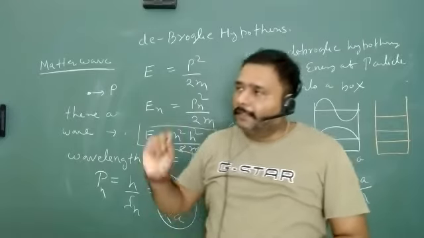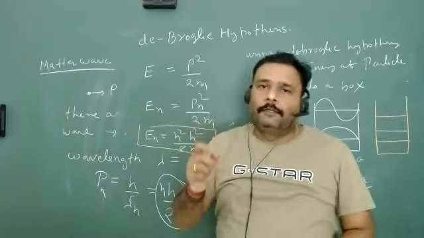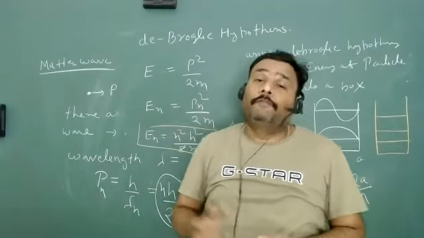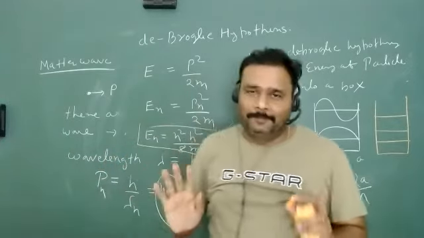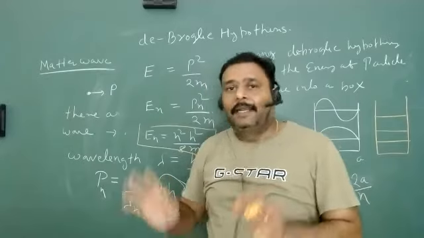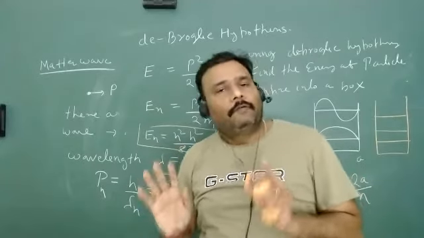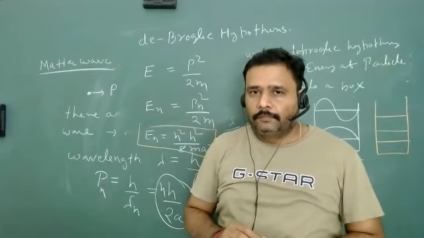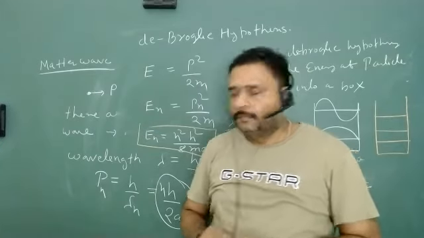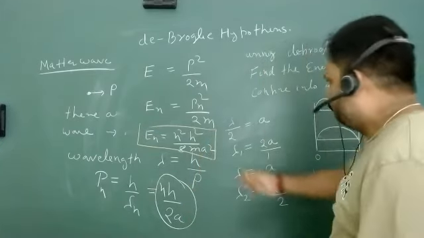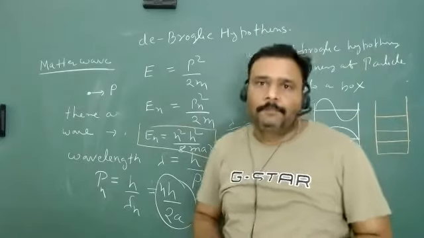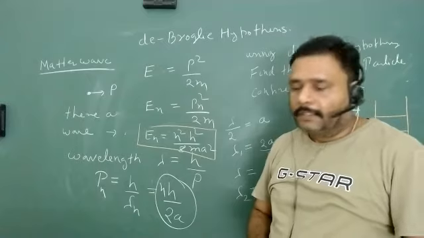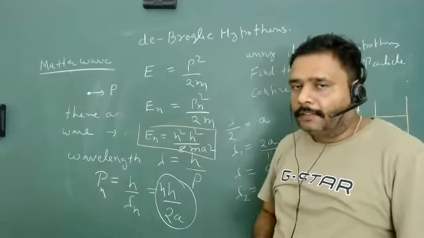Now just convert this ball to an electron. What are the possible values of energy according to de Broglie? This is very interesting. According to de Broglie, what are the possible values of energy? What will be your answer? Obviously, according to de Broglie, this will be in discrete form. Okay, so this is all about the de Broglie wavelength.